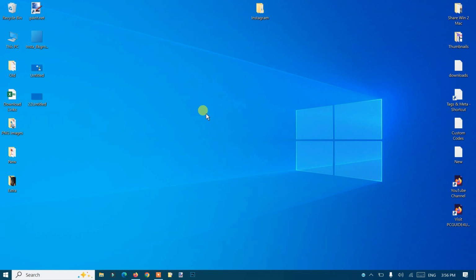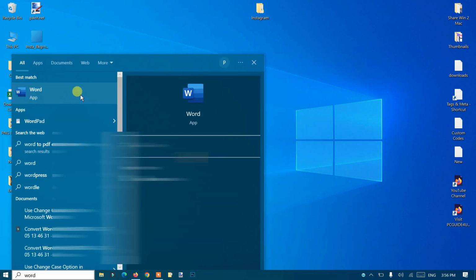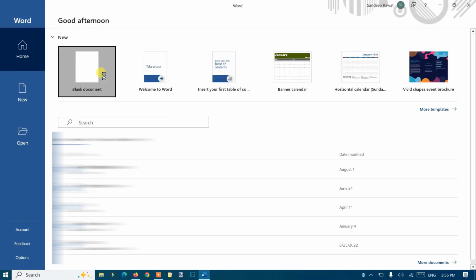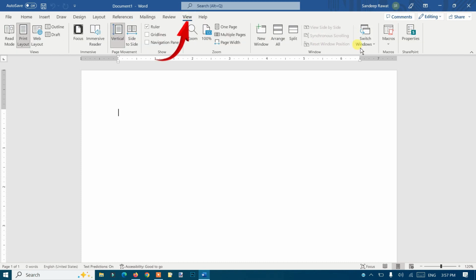So here we go. First of all, you should open up a blank Word document. So I'm going to open that using the programs. All right, Microsoft Word. Open up a blank document. Now from the menu at the top, you have to go to the View option. Click on it, go to Macros